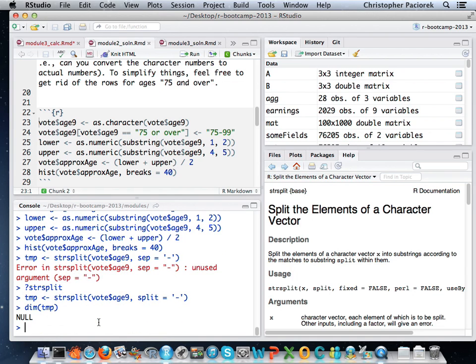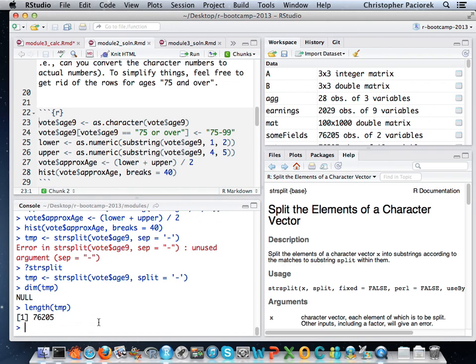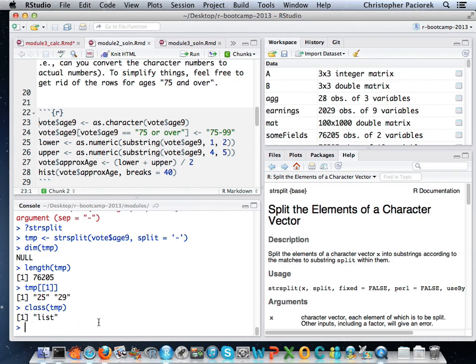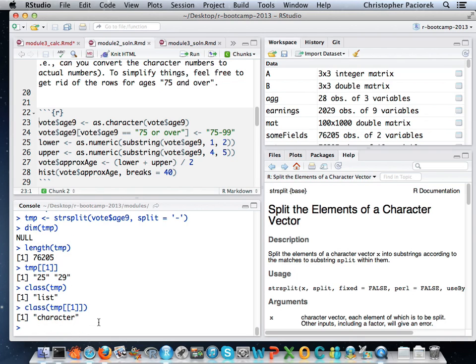So let's see what the dimension, oh, that's interesting. So temp, so I'm guessing it's a list. Yeah, well, wait, what is this? That is a list, okay. So it's a list of, and what's temp of 1? Okay, so if we did it this way, we'd have to do some sort of processing of the list of the sort that we saw with that double square bracket business to separately pull off the 25, or the lower parts, which are each of the elements of the list, and the upper parts, split them off into 2 vectors, and then, or, actually, as I'm thinking about this, there's another way to do this.